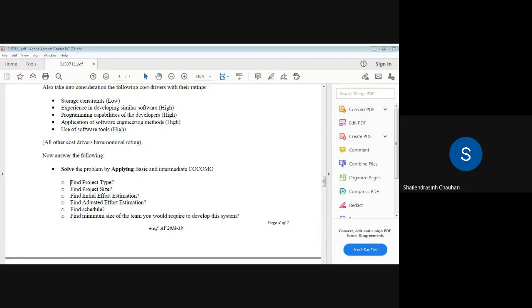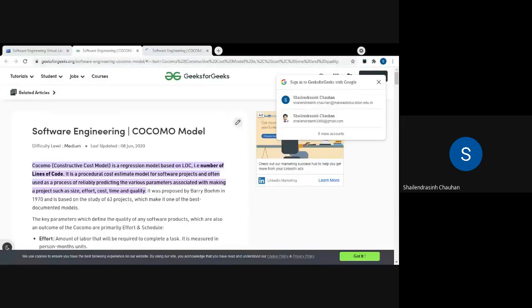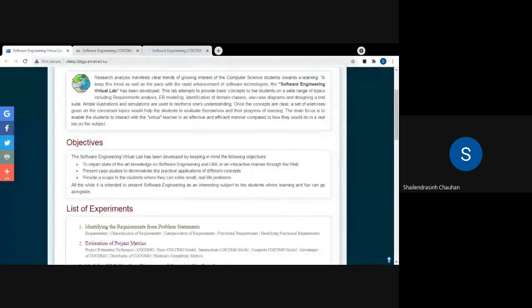Okay, so I'm sharing a few links with you, which are important for the COCOMO model. You can refer to those. The fundamentals are the same and the formulas will also remain the same, just the explanation will change.